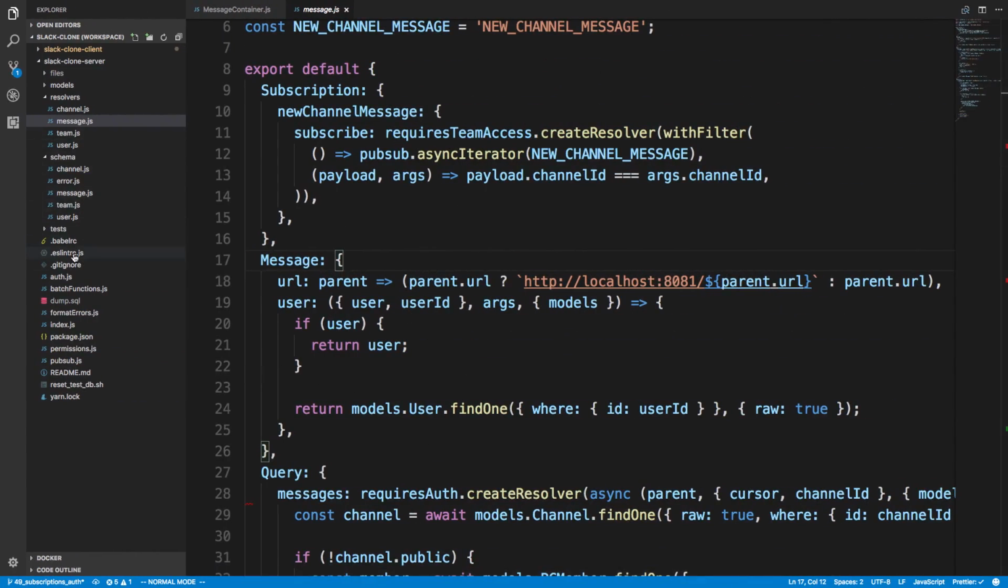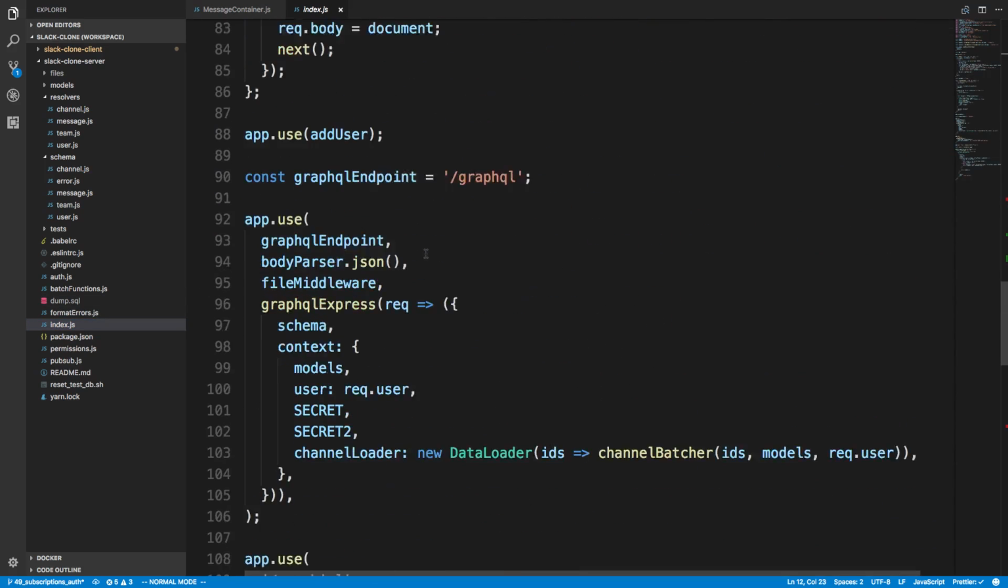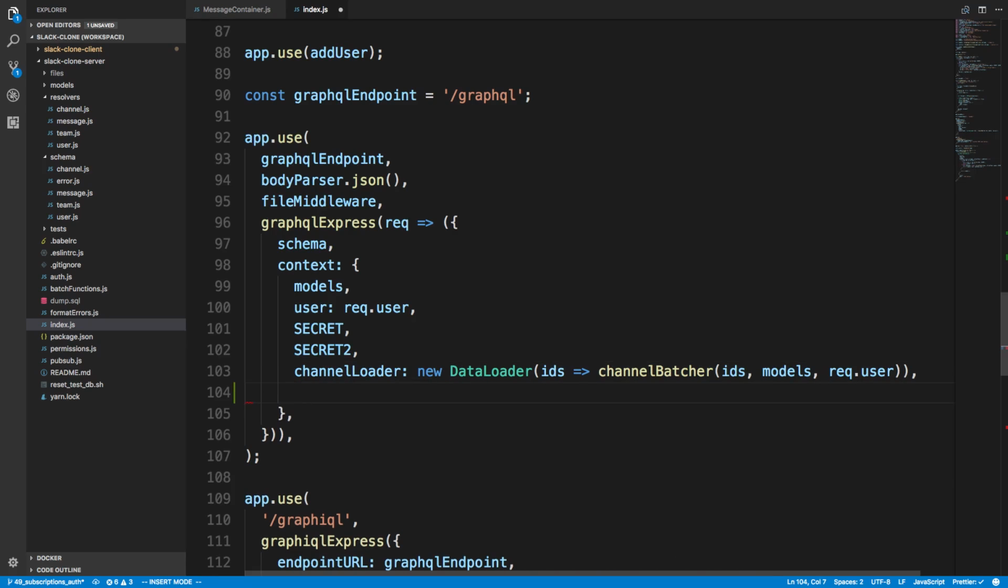But in our index file, so index.js, we have access to this request object right here, and we can feed it into our context. So I'm just going to say serverUrl, paste in this, and put that there. Give that a save,